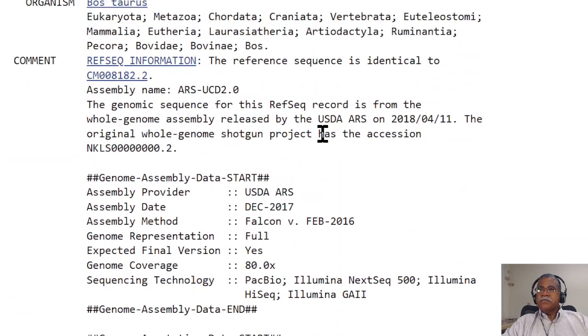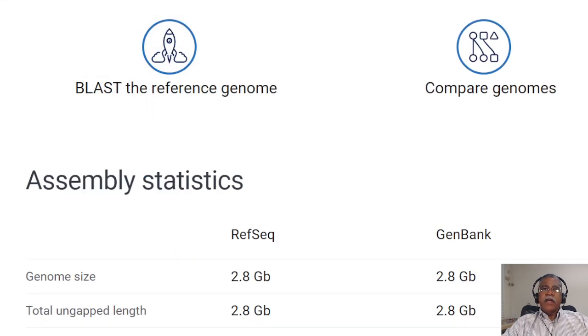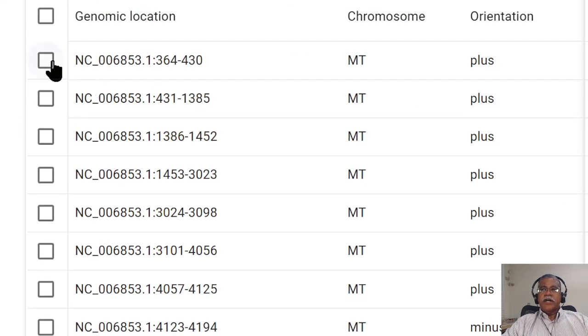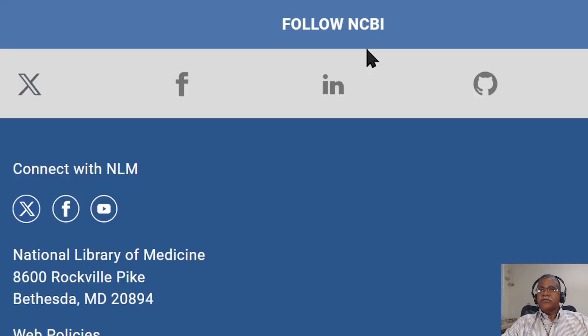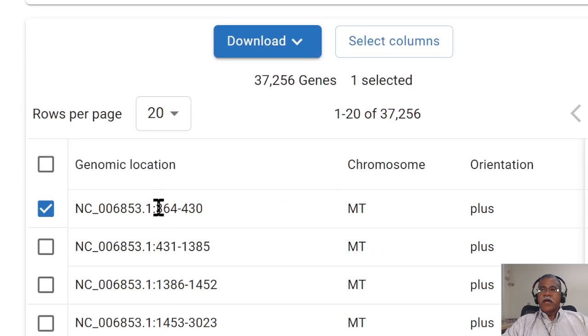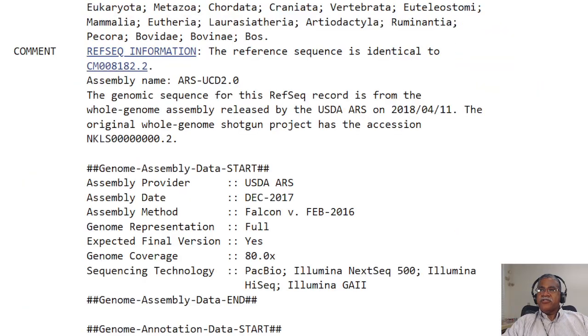But if I click on something called a gene, so you can see the assembly here. The assembly here, you can view the annotated genes. And so all these are IDs. So for example, you can take a look at it. You can download it. You can also, I hope, yeah, you can download this information from the cow. This particular chromosome, this particular build, and you can look at various things here. But I think if you look at a specific gene,